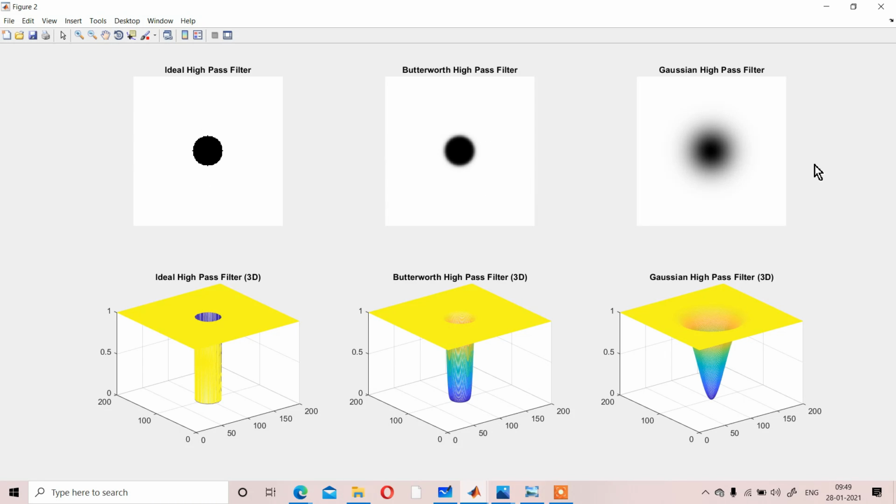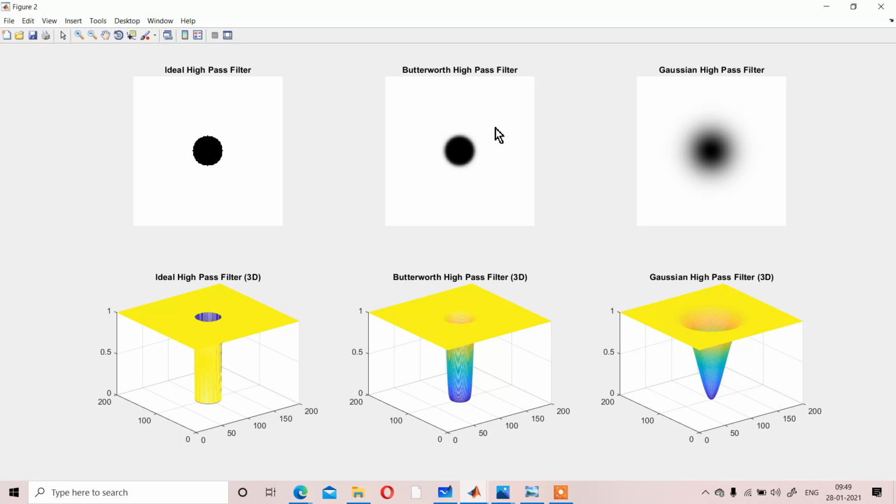Same thing is happening for Butterworth filter and Gaussian high pass filter also, but the matter is that as the change is happening in the boundary portion abruptly, or you can say linearly, due to that change the boundary you are getting is blurred.